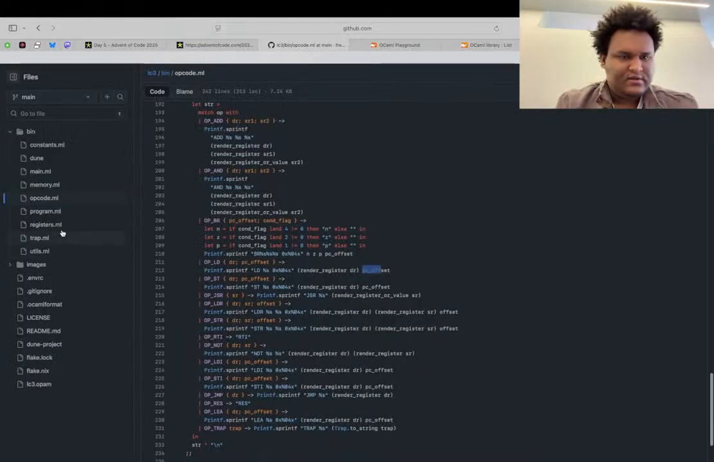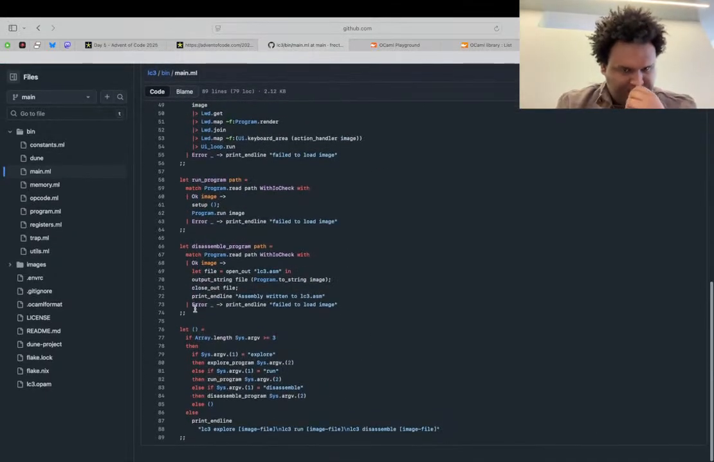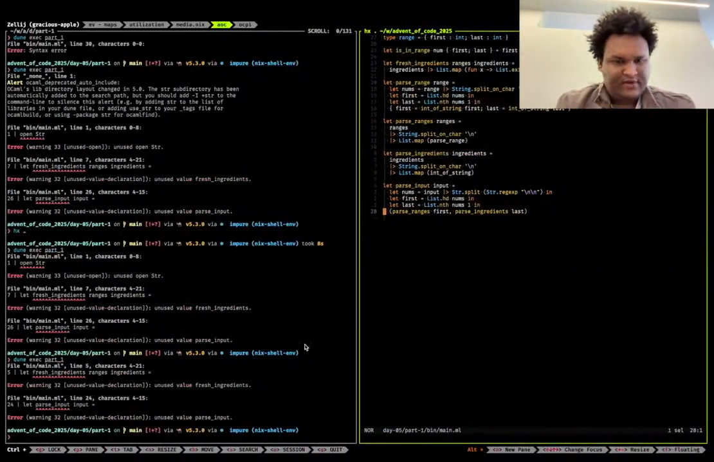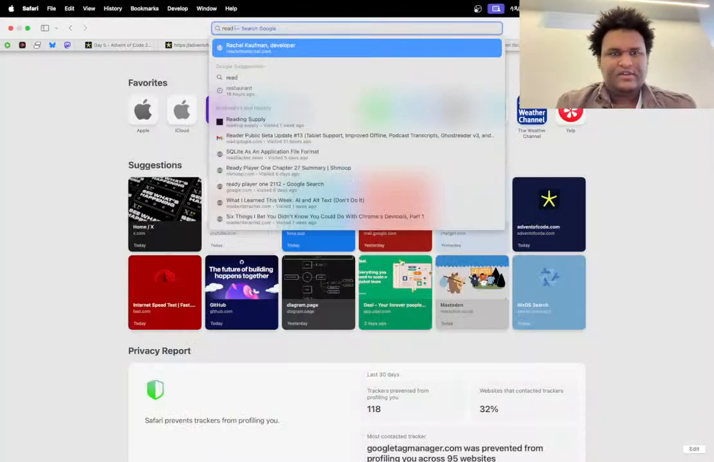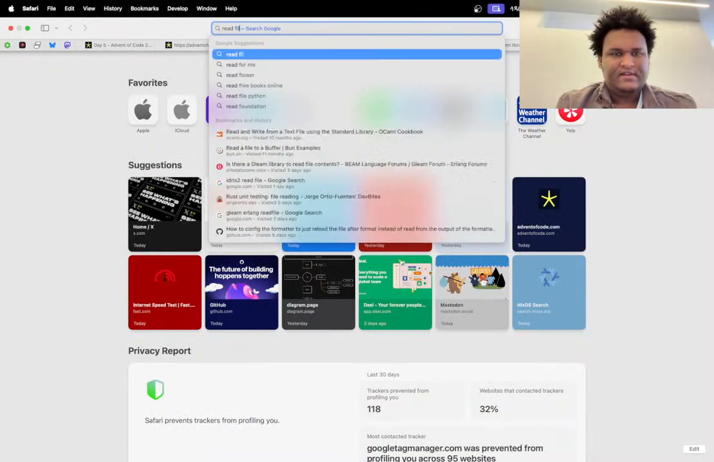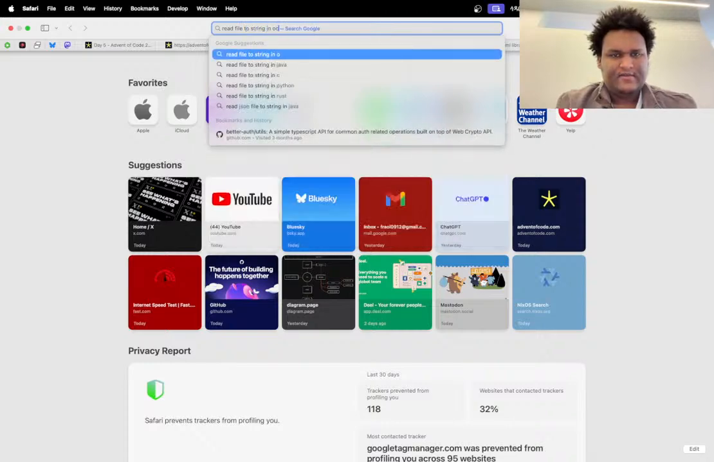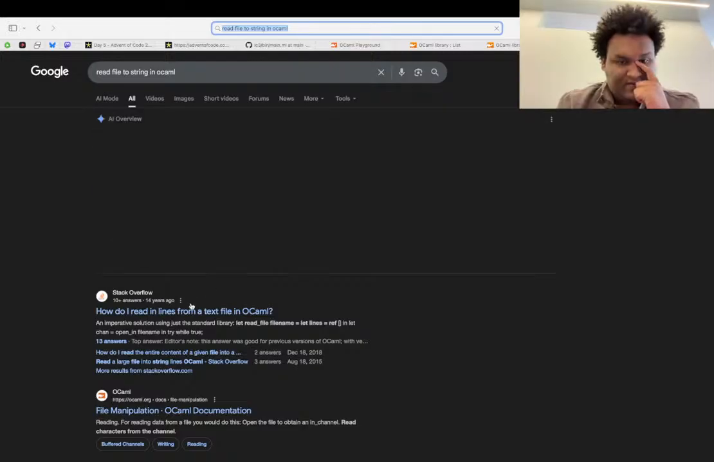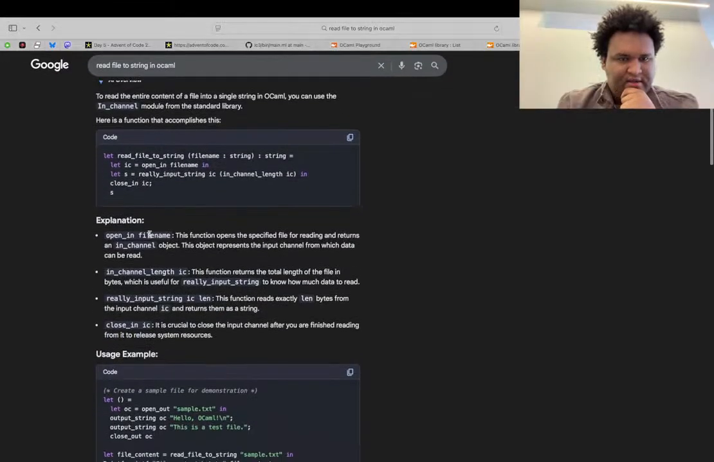And then let's go to main, and then yeah, let's create our main function. It's gonna be something like this. It's gonna, oh, another stupid thing in read file to string in OCaml. This one was also stupid. I remember this being stupid, and that's why people install